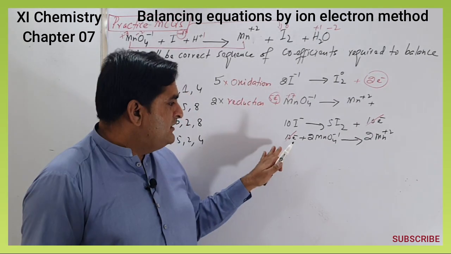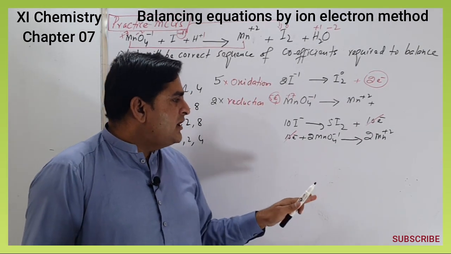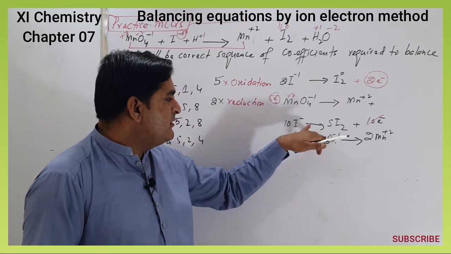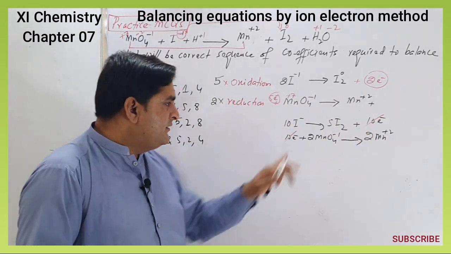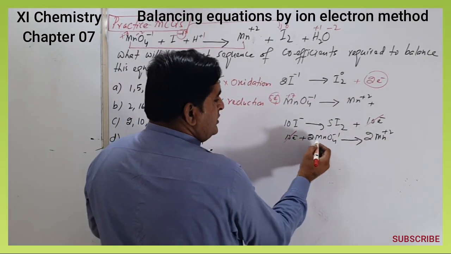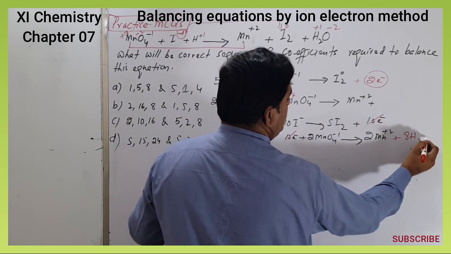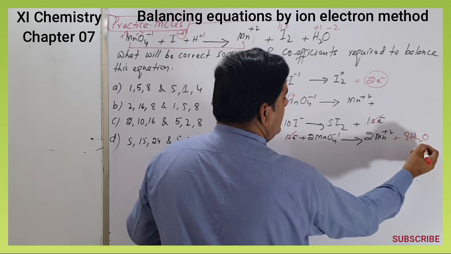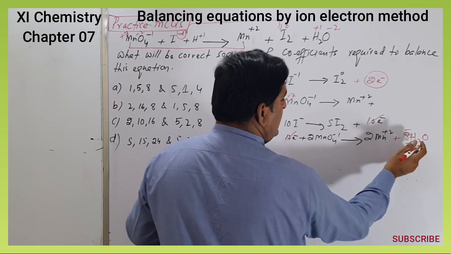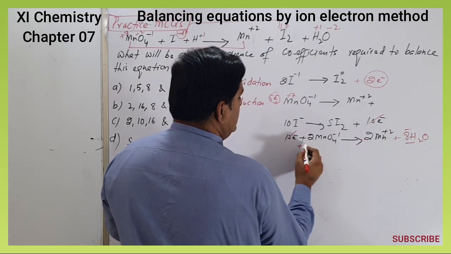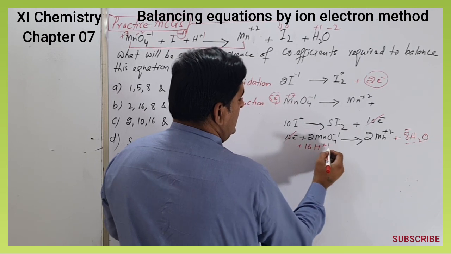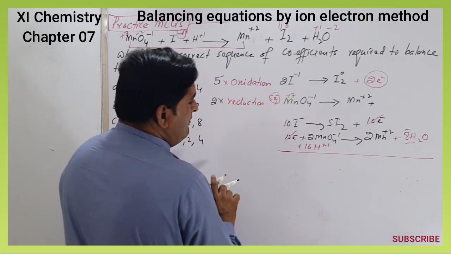So when they are equalized, now balance oxygen and hydrogen. There is no oxygen and hydrogen in the oxidation reaction, leave that. Here 2 into 4, 8. So directly write 8 water molecules here. By writing 8 molecules of water, how many hydrogens have been added? 16. Write 16 hydrogens at this side. So by combining this equation, our result will be